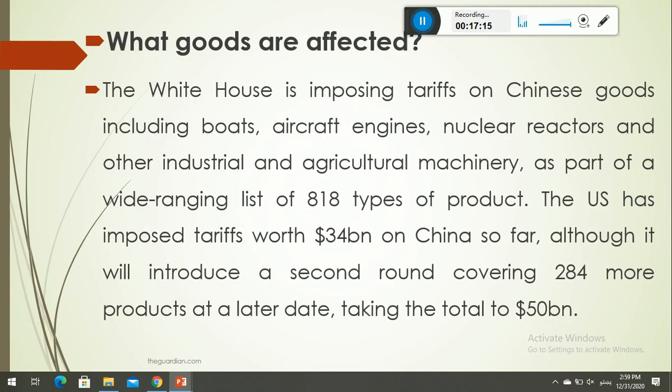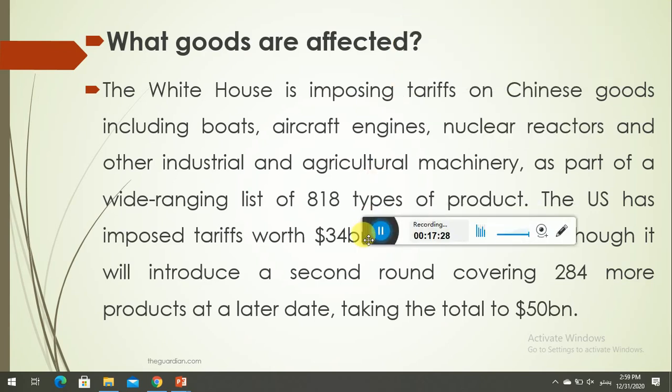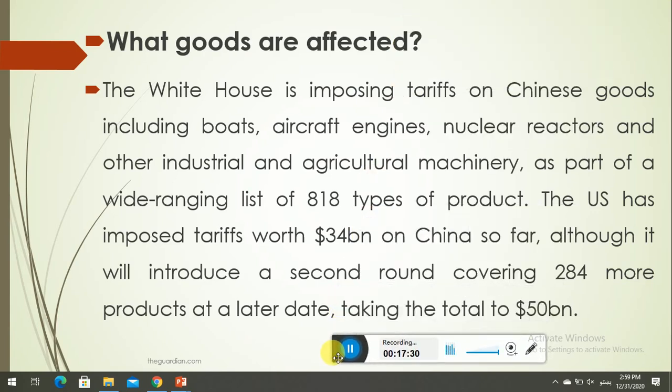So what goods are affected? What are the different sectors that have been affected by these tariffs? Yes, the White House is imposing tariffs on Chinese goods, including boats, aircraft engines, nuclear reactors, and other industrial and agricultural machinery, as part of a wide-ranging list of 818 types of products. So the White House has imposed tariffs on 818 types of